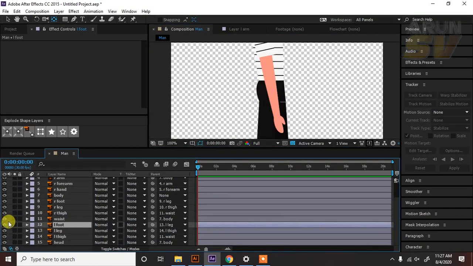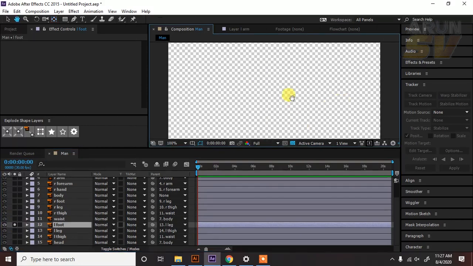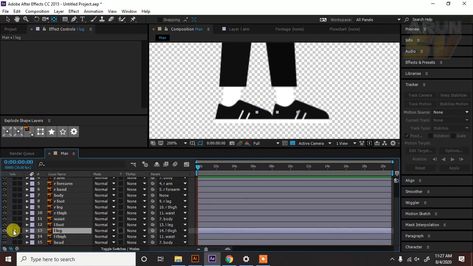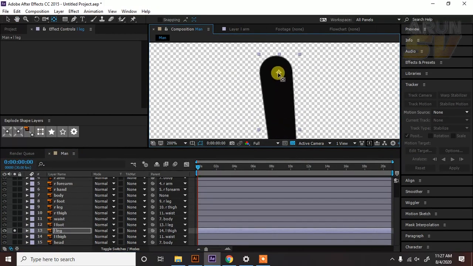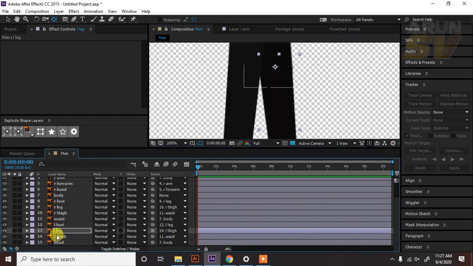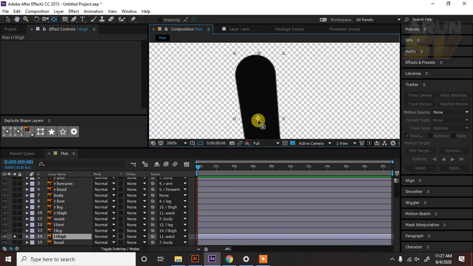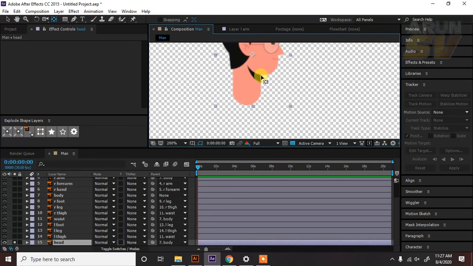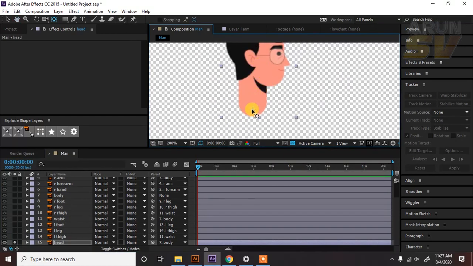Then left foot, left leg, left thigh, then head. Place this anchor point at the bottom of the neck.